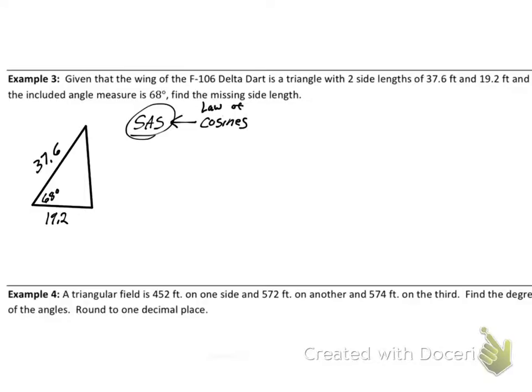I'm going to label it. If you didn't, that's okay. I know most of you are trying to plug this in, and it's good. Try to get ahead of me. My missing side is A. So I would have A squared equals the sides I know. So that would be